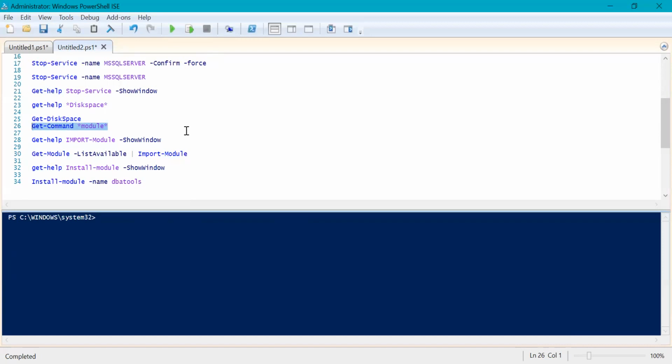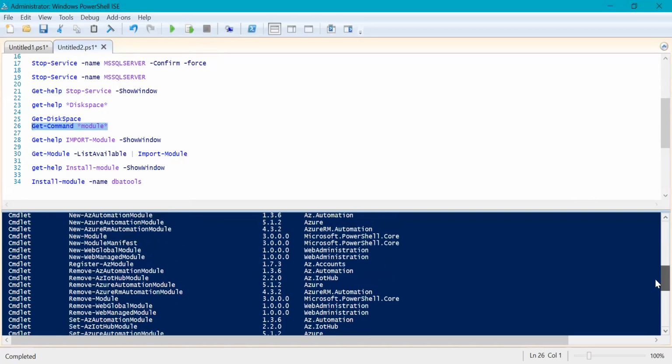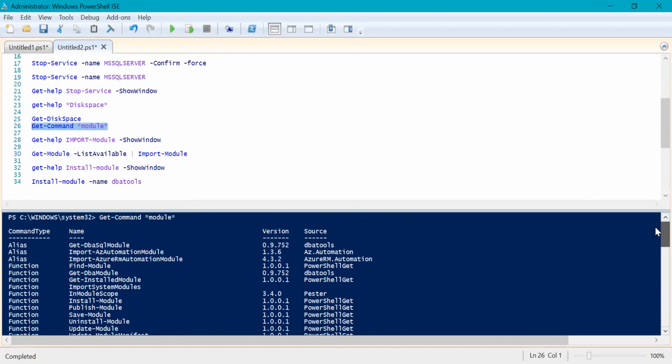You can use Get-Command and then do a wildcard search for module. As I have lots of modules installed, you'll get too many commands back, but in your case you will definitely get fewer commands.